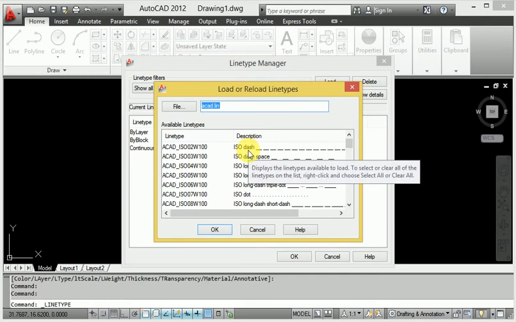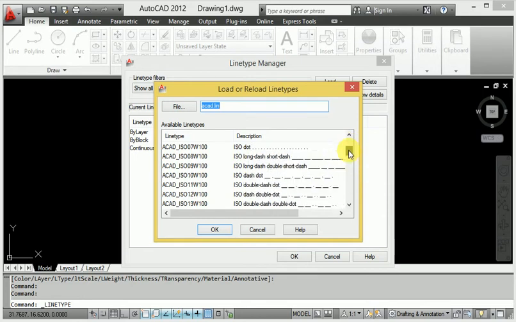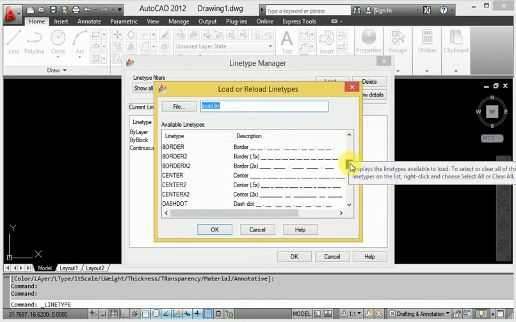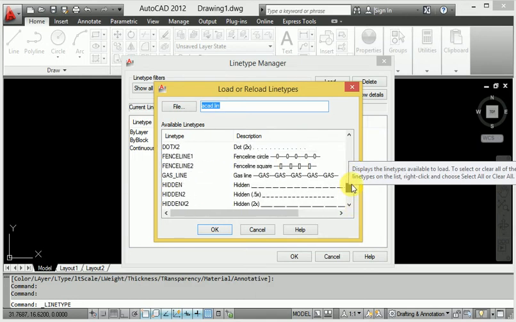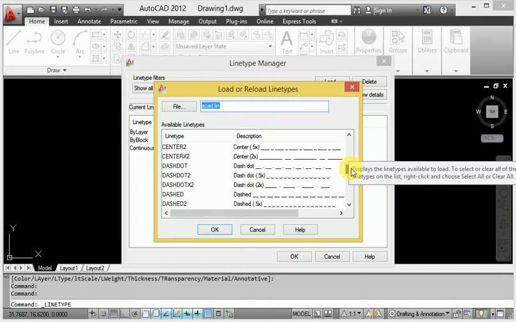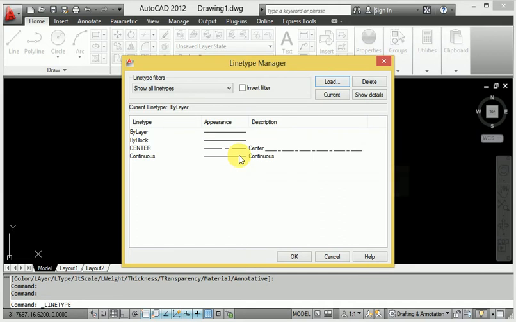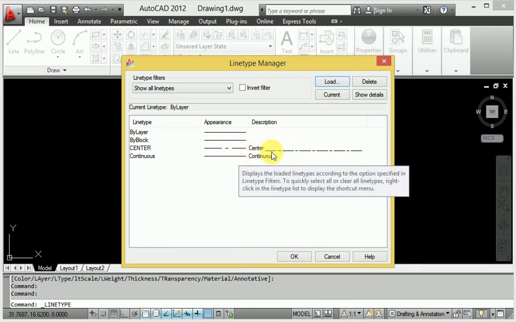And if you want to select the center line, because I have created the center line. So when you look at this, where is your center line, find boundary, border, center. Here there are different types of line available. When I want the center line, first find the center line here. Look at this, this is called center line.